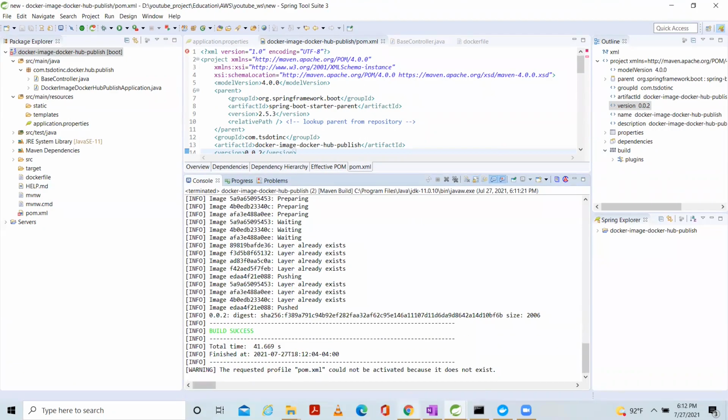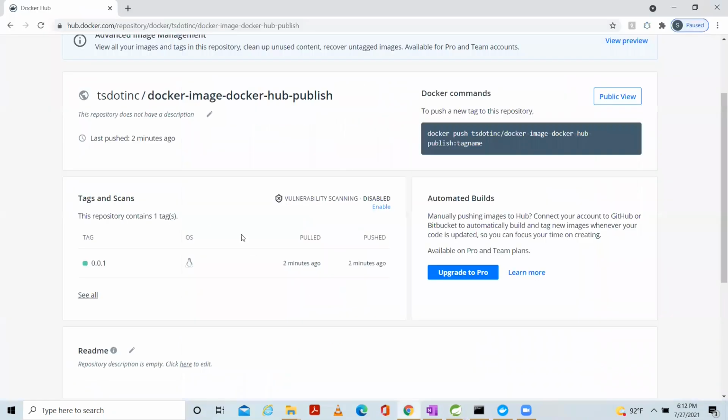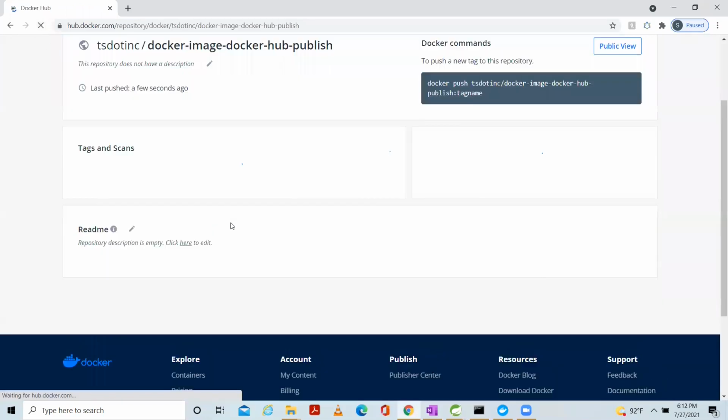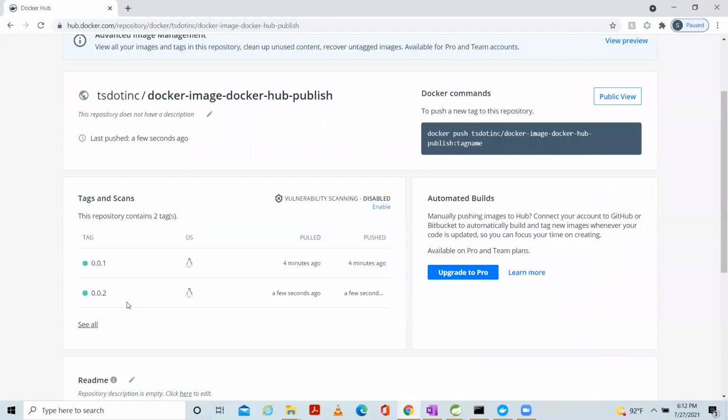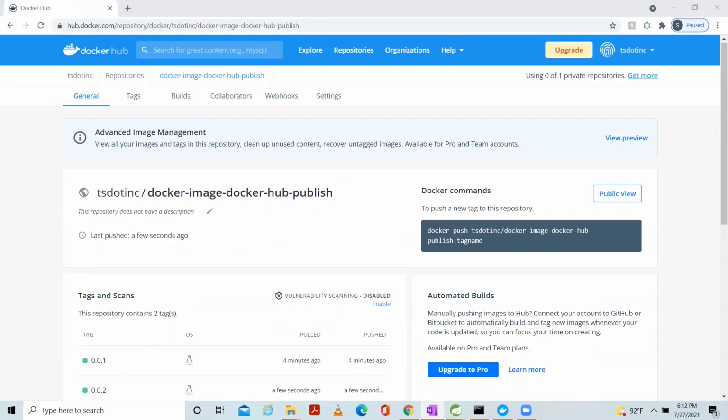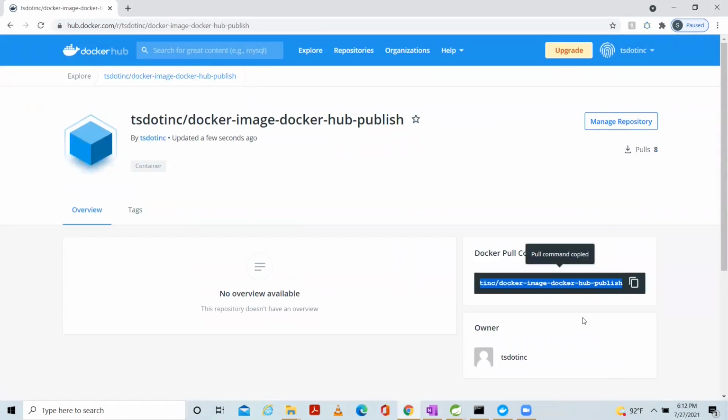Build got success. Now go to the Docker Hub, refresh it. You can see 0.0.2 version got created now. If you want to download the same thing, click public view. Using this command, you can download.